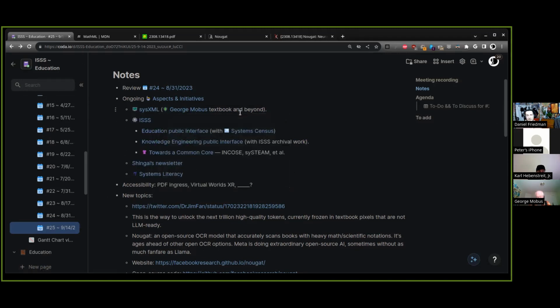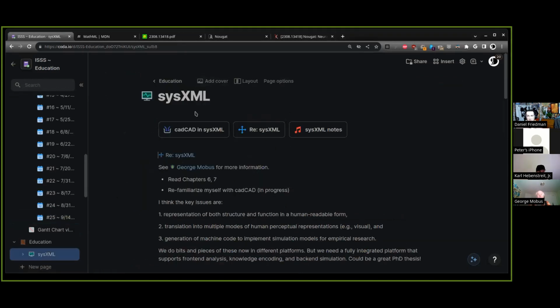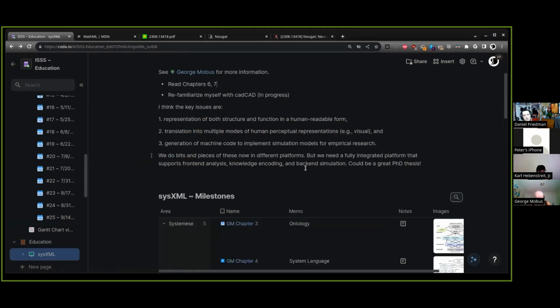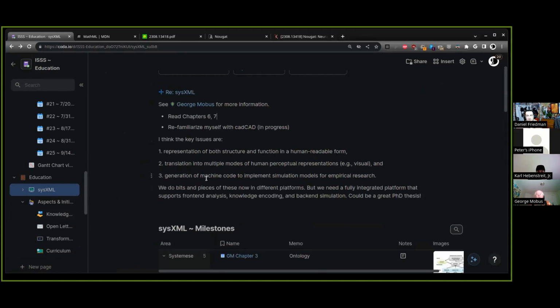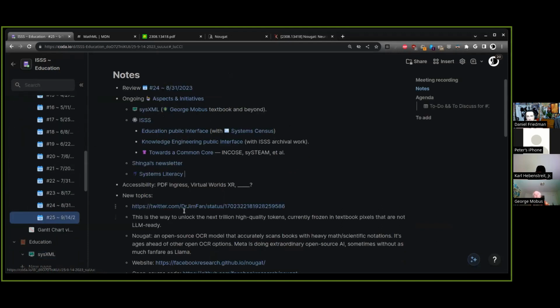It seems like he's started school, and we met earlier in the week and talked a little bit more about SysXML, and just kind of going from what we have as note status here to a plan and an outline for graduate school, bringing more consilience and tractability to it, and checking on things like moving some of these notes into the GitHub, just so that this document remains an ISSS document, and then some of the discussion that we already had can go out there to the GitHub.